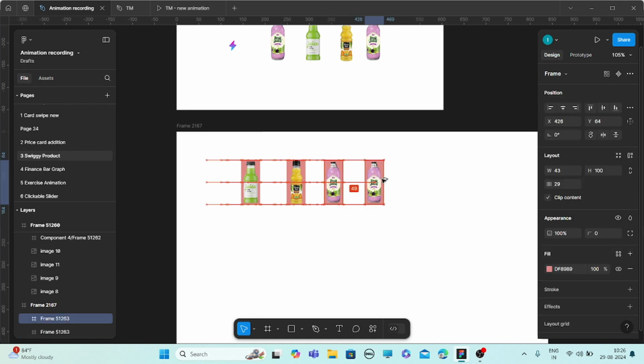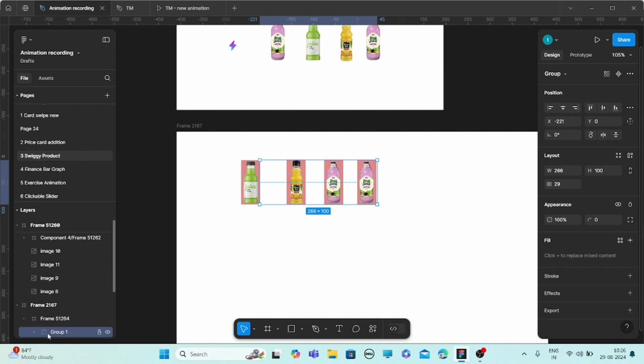Now again copy this last one, select the group from the frame, and then move the bottles towards the right this time, and select the first object, which is the same as the third frame.